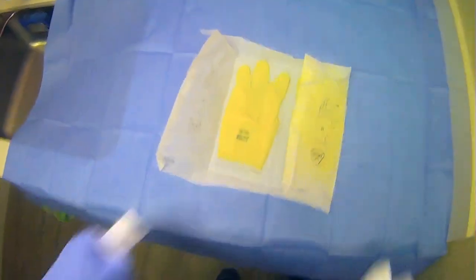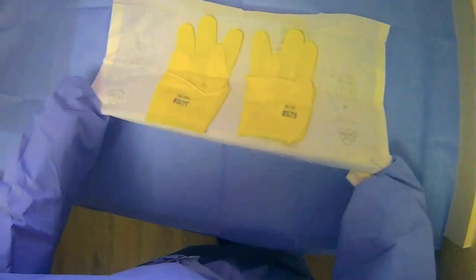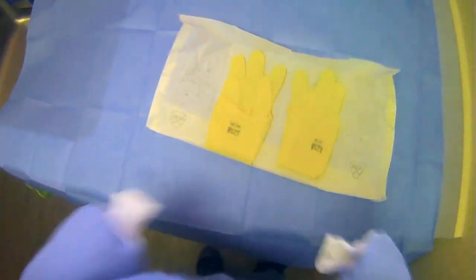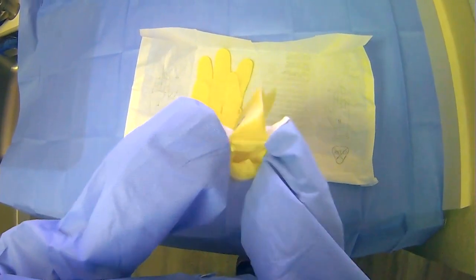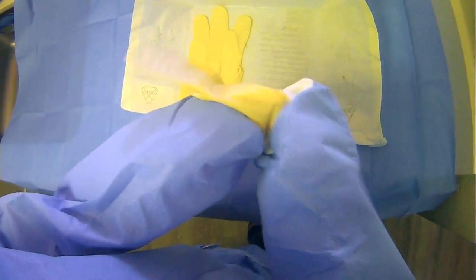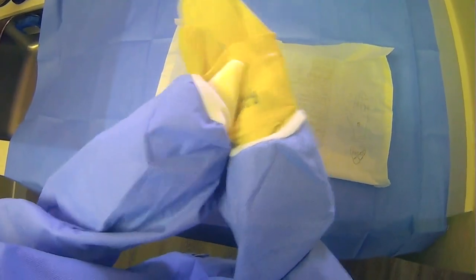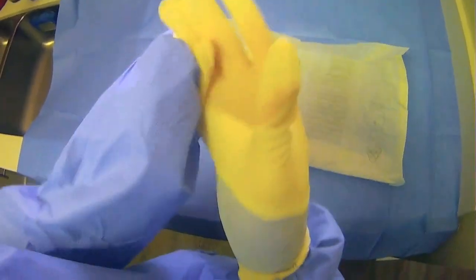Again, it can feel a little clumsy because you're working through the gown, but you'll just present the gloves to yourself, and then grab the glove like so. And again, everything is sterile because we're not touching anything. As you grab the glove here, there are a few different techniques of doing this, but you can slide your hand in and then pull back on the gown and free up your fingers like so, and then just pull your gloves on,